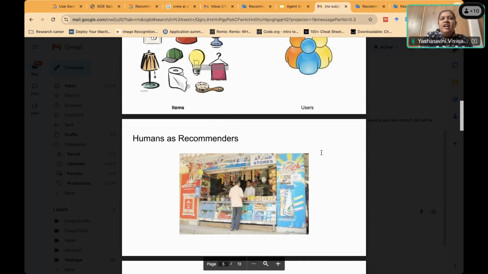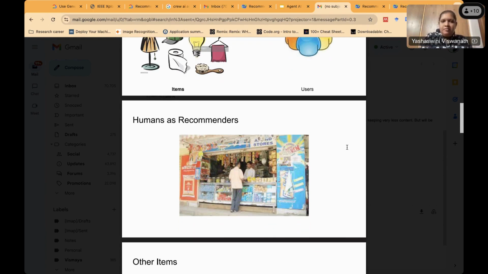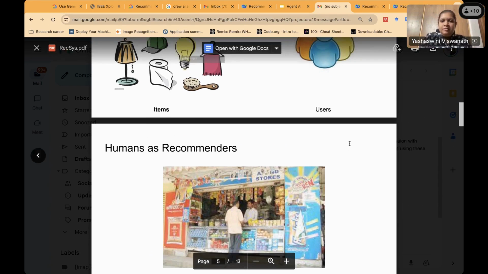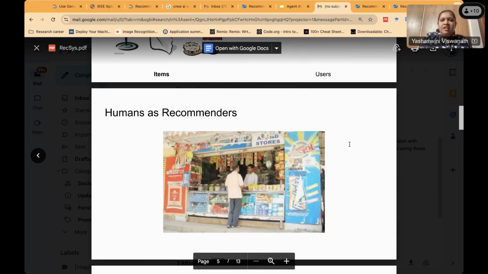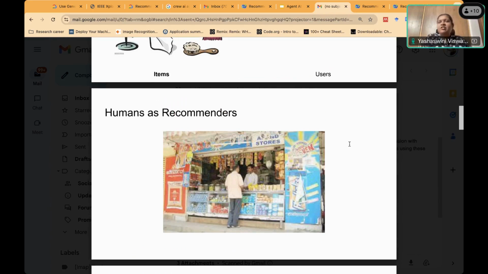Now, has this recommender system been an invention of artificial intelligence, or are recommenders an old concept? Can you tell about recommender systems that you have seen in the physical world and what you have seen around you, not just specific to the digital world?